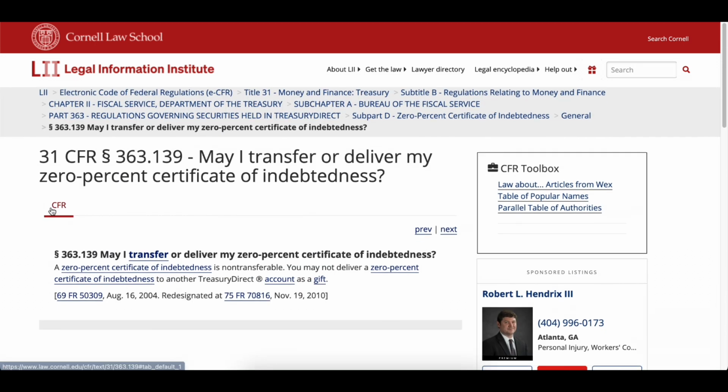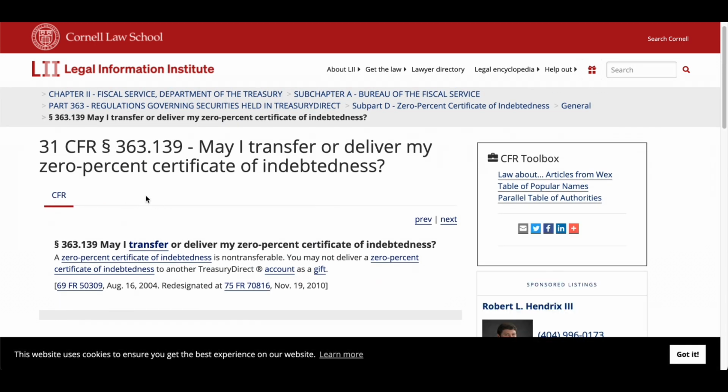Okay. May I transfer or deliver my 0% certificate of indebtedness? Say it's non-transferable. You may not deliver a certificate of indebtedness to another TreasuryDirect account as a gift. So if it's in that account, it's in that account. Okay, let's see.